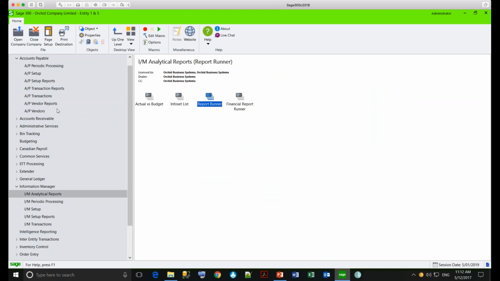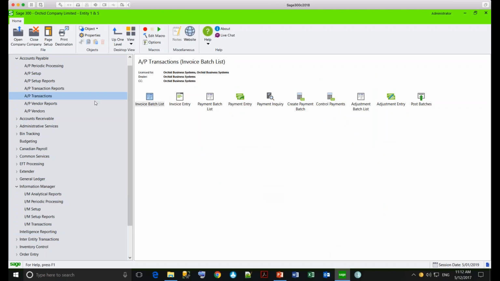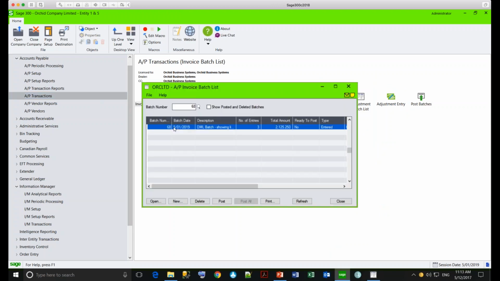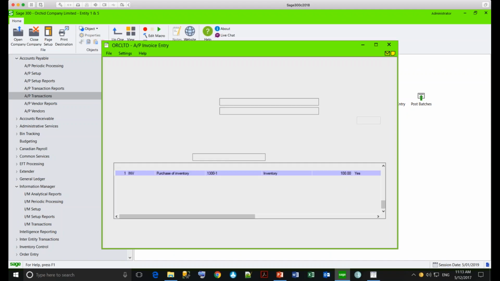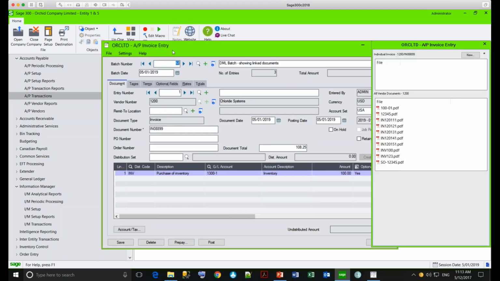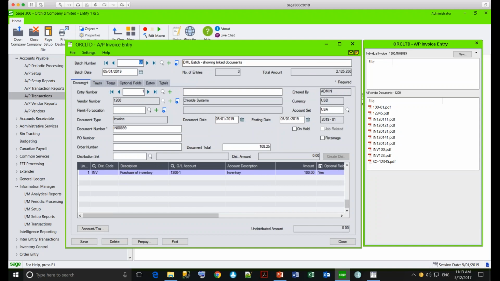And I'm going to show you that particular transaction. So if I go to my invoice batch entry and I open up a batch that I'm currently creating for my invoice batches, you can see here, similar to the screenshot that I had, I'm seeing all my invoices for vendor 1200, but I don't yet have an invoice for IN